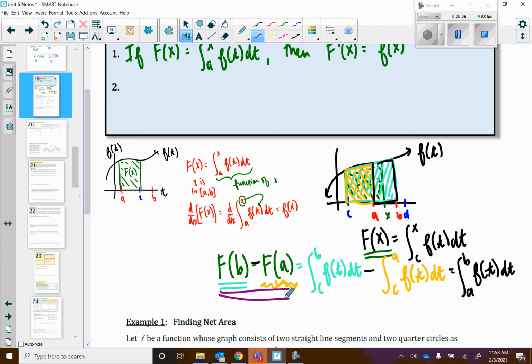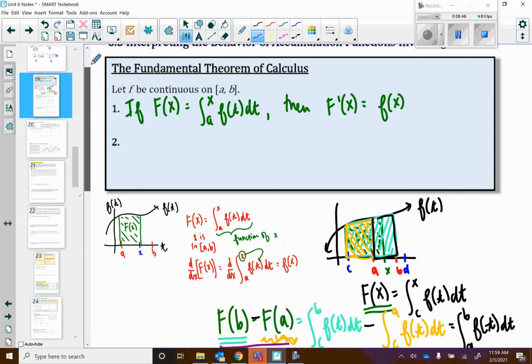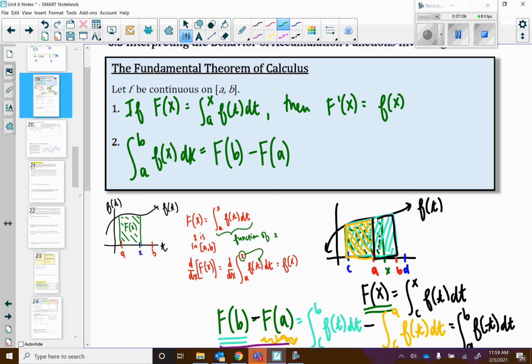But that is the second piece of the fundamental theorem of calculus. We're going to take out this middle piece and use these. So the second part of our fundamental theorem says the integral from a to b of some function with respect to x, or it could be f of t dt, it actually doesn't really matter, is equal to capital F of b minus capital F of a, and we're still back up to this thing, f prime of x is equal to the function in here,